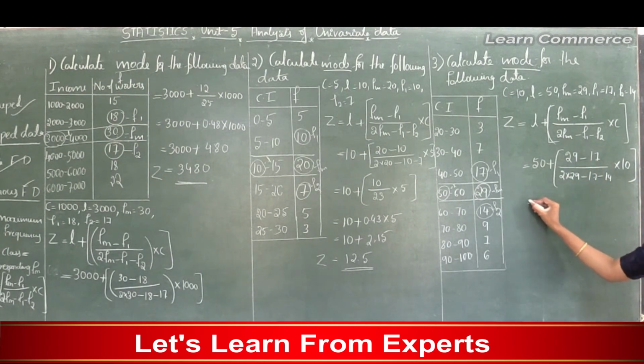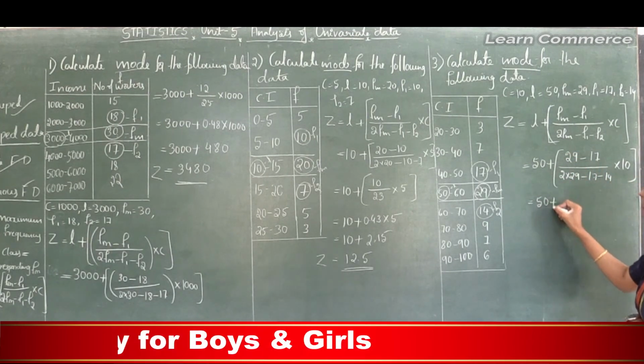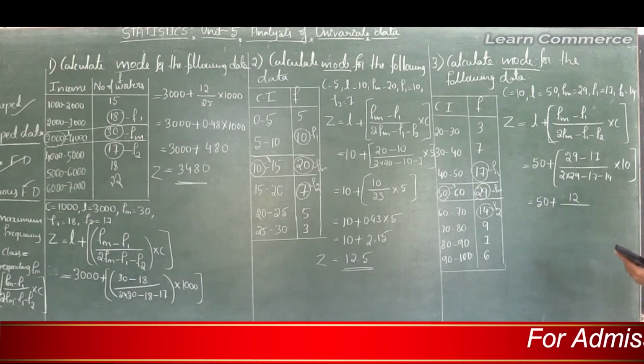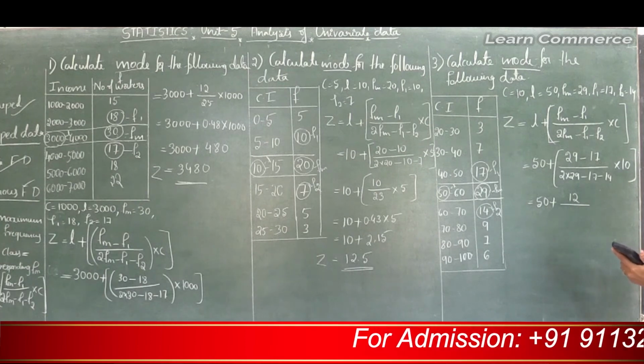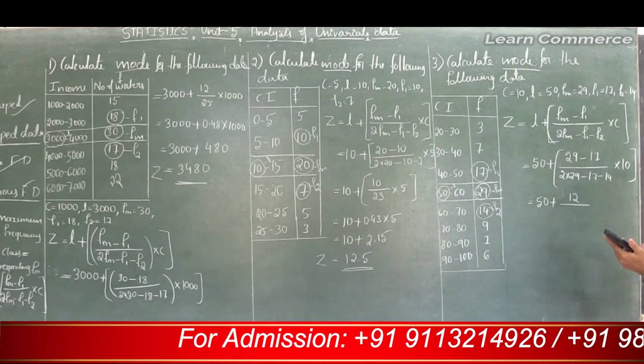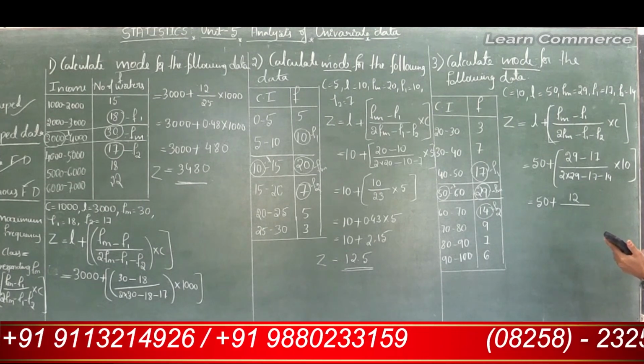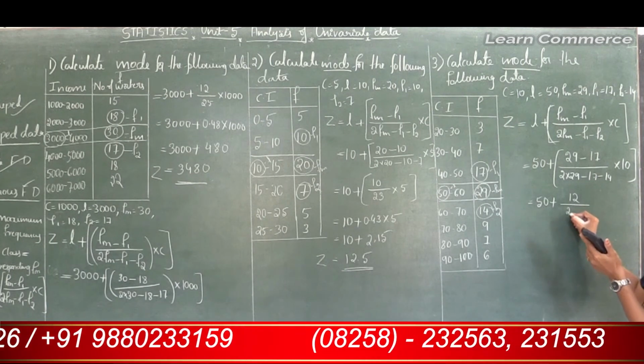So this is equal to 50 plus 29 minus 17, that is 12, divided by 2 into 29, that is 58, 58 minus 17, that is 41, 41 minus 14, that is 27,